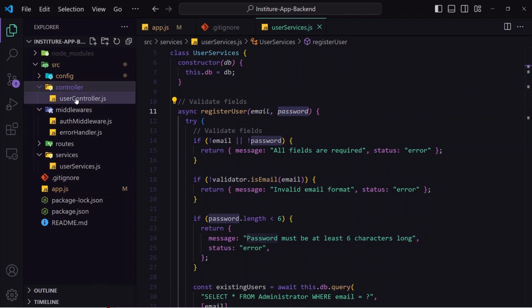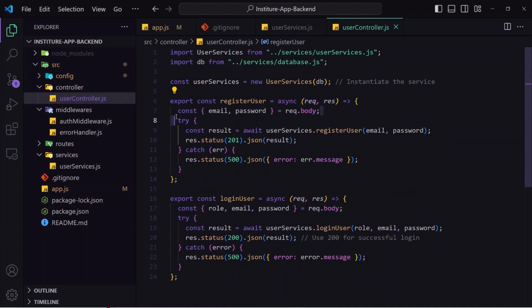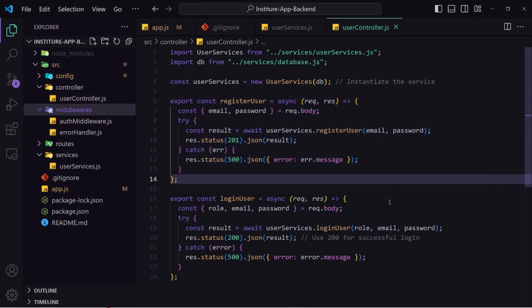Then I will go to controller. And inside this controller, you can see I am receiving the request. I am destructuring it, so that in future, if there is something wrong with request, we will get the error from the controller only. This will not only save us time to debug, but also make our code more readable and understand which part of logic is doing which thing. I hope you have understood the need of the services folder. This was the folder structure for the intermediate developer. Now let's move on to the advanced developers.